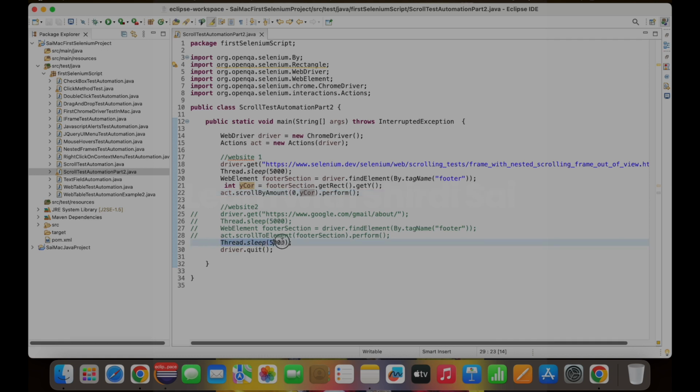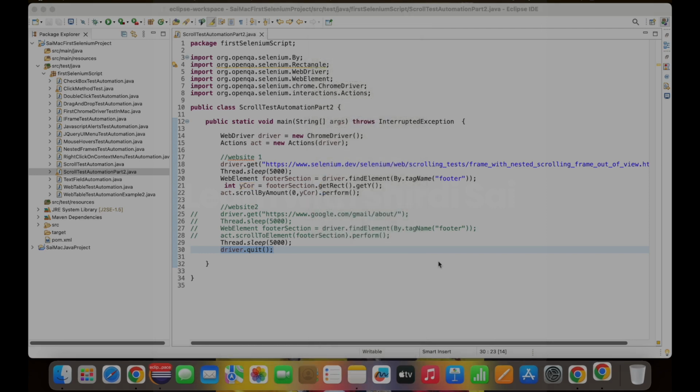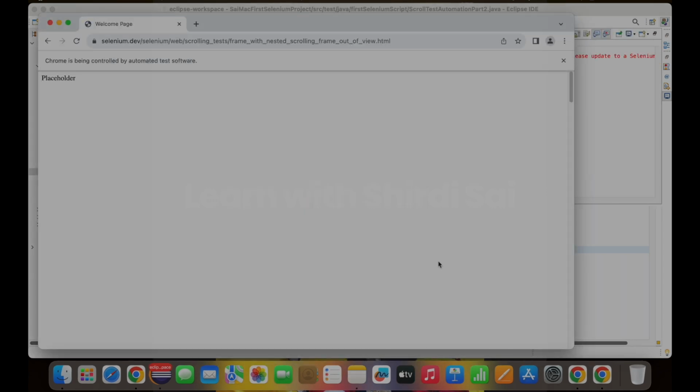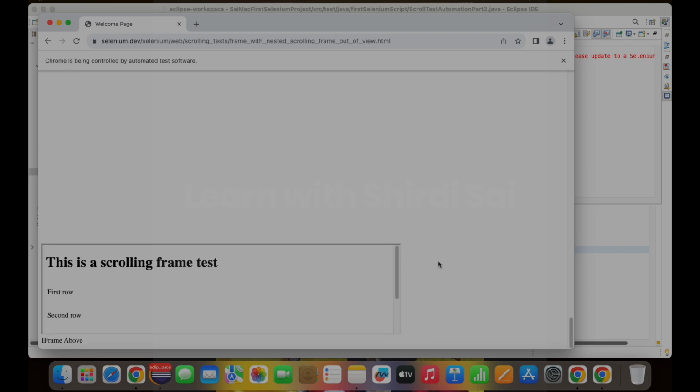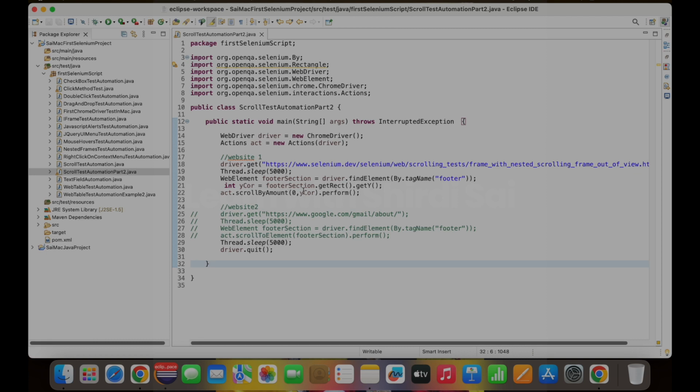I already gave a 5 second wait after the scroll and before the scroll, and here I am quitting the browser. Okay, first we are trying with the website one, so I am running this. Here you see it is moving to the bottom. Now we are scrolling using scroll by amount, not using scroll to element. Okay, I will comment this one now,